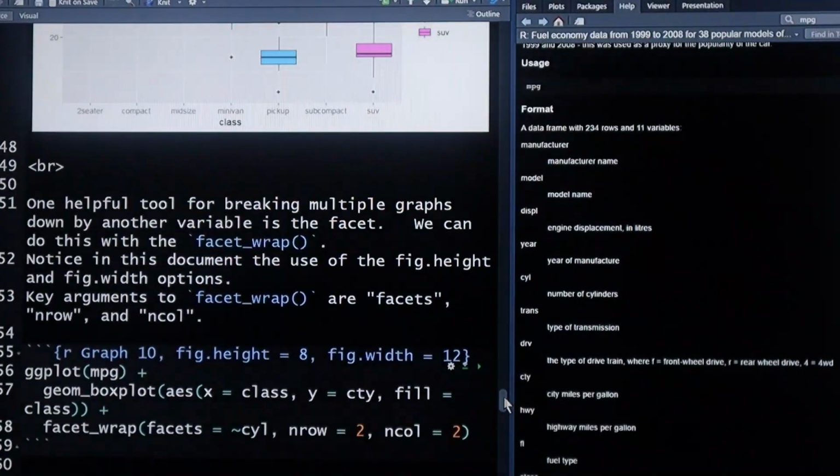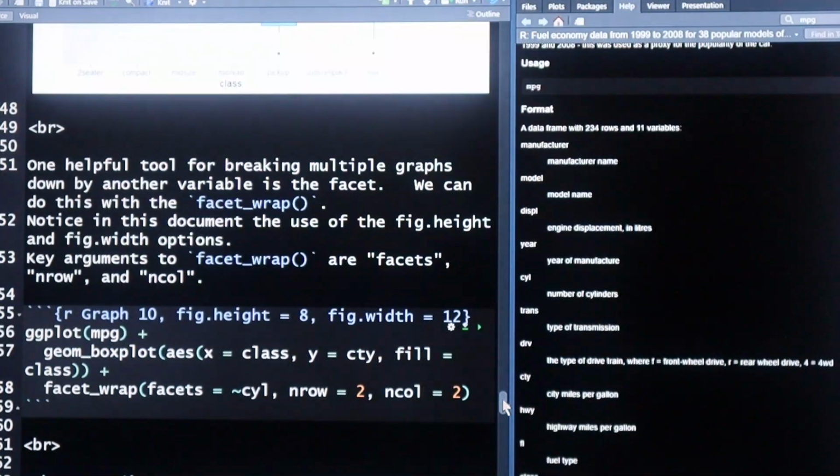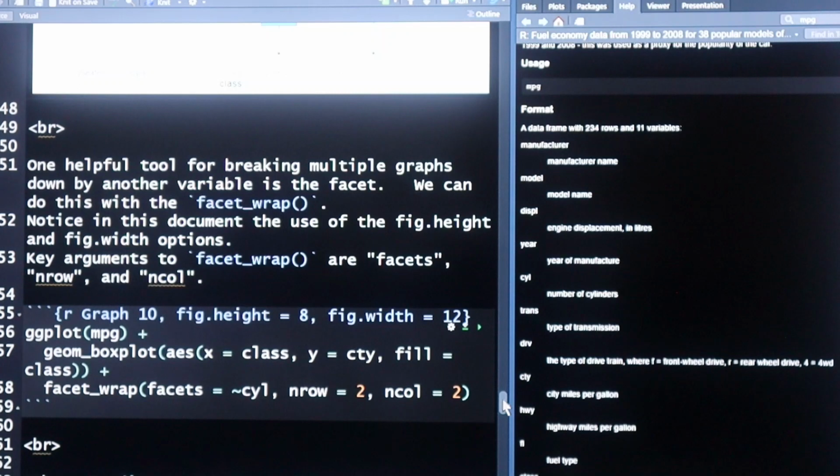Then remember, the other component was the facet. How do you use the facet? So facet will be a standalone. So we have our box plot with our aesthetics equals to class, then y equals to city, then we fill inside using class, plus the facet wrap. So we want a number of